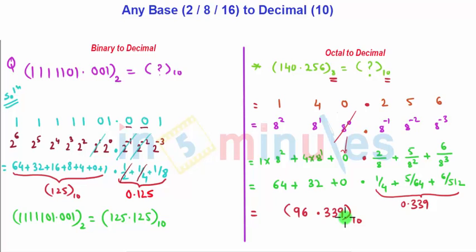The same steps you can follow to convert a hexadecimal number into decimal. You need to replace 8 or 2 by 16 if you want to convert the hexadecimal number system into the decimal number system. In hexadecimal, you might get digits such as capital A, B, and you have to write down their respective values. For capital A it is 10, for B it is 11, for C it is 12, for D it is 13. So you write the respective numbers, and convert it into the decimal number system.